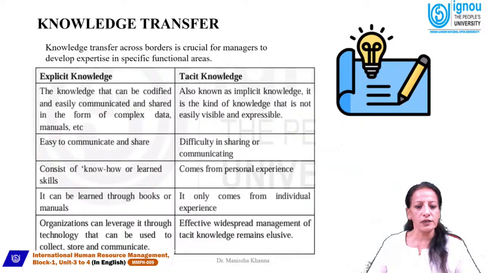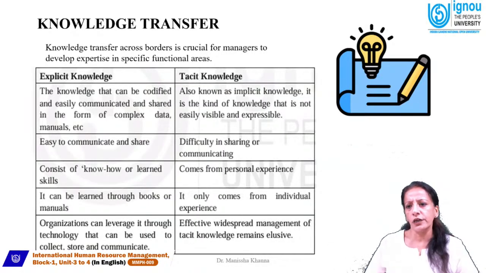It's the explicit knowledge that can be used to collect, store, and communicate. So the manuals, the complex data, or maybe the codes, or anything which is structured. But implicit knowledge is more towards the knowledge which remains within a person. It comes with a person with their experience, which remains elusive and does not have first-time visibility, but it is seen when it is worked within that particular work environment or work culture.